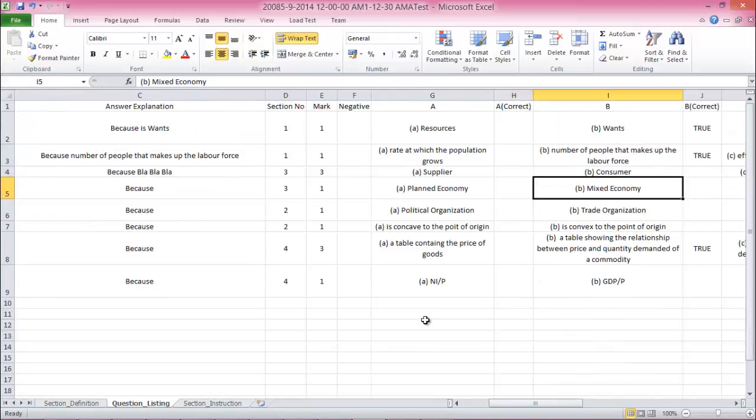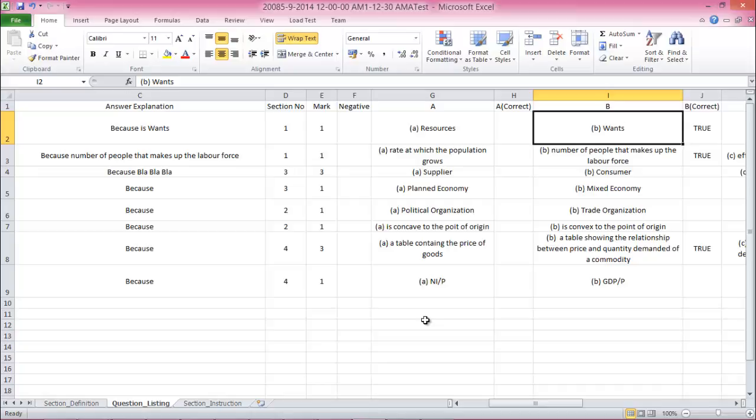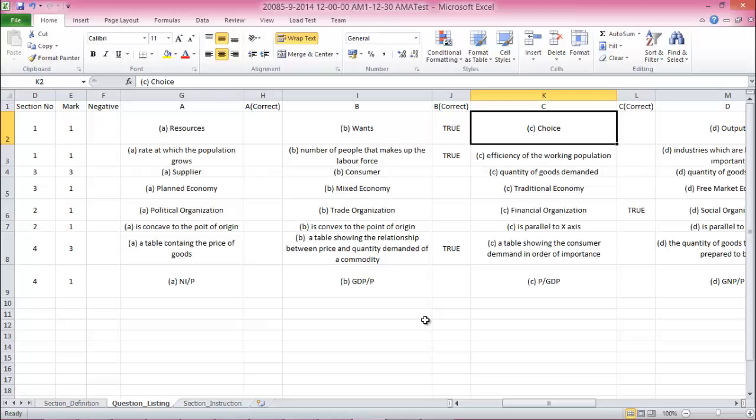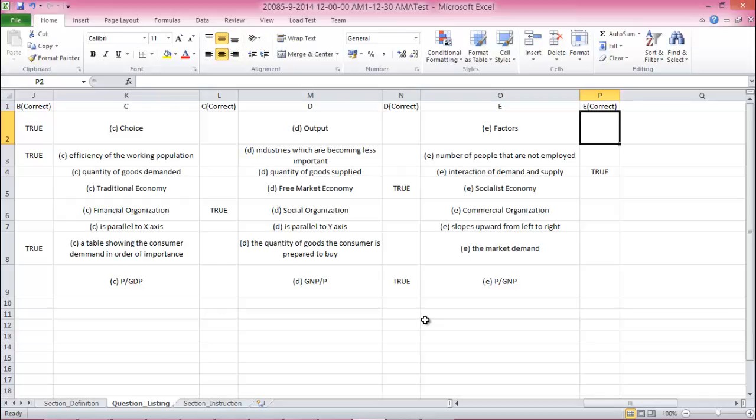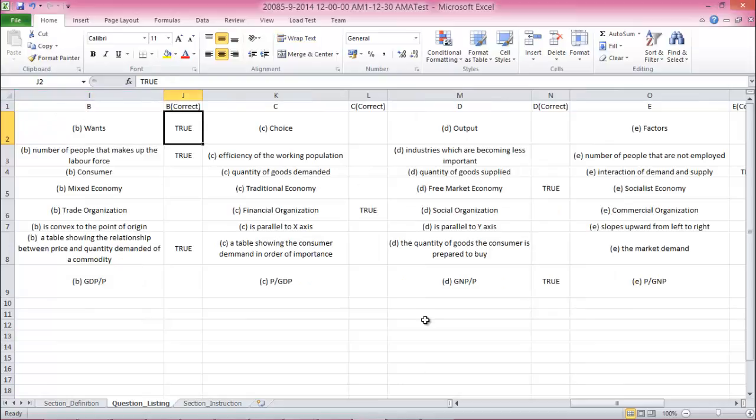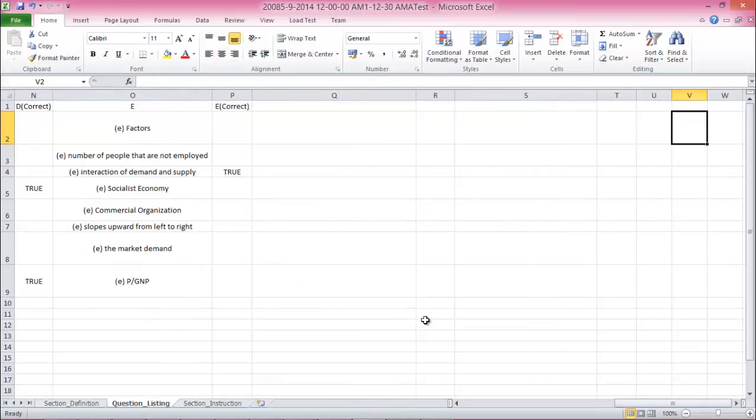Now next come your answer options. Your answer options are always in order, marked as correct or wrong. So here, in this question number 1, answer option A is not correct, answer B is correct. If it's not correct, don't put anything, just leave it blank. Answer C is not correct, D not correct, E not correct. Now this is showing you E, doesn't mean you are limited to E. Do you know what you can have? Even J, K, Z, you can have up to, I think from what I can remember, thousands of answer options